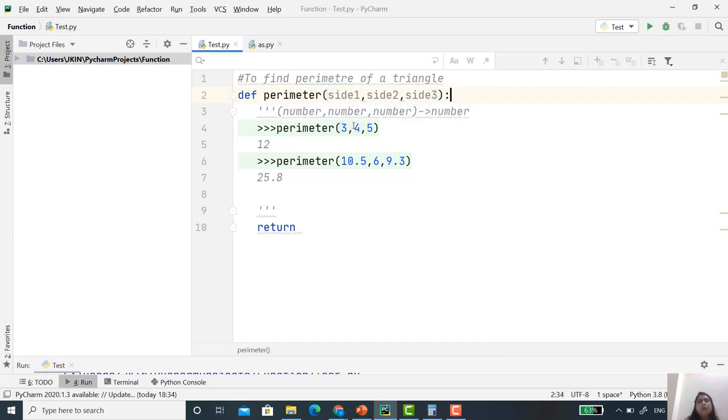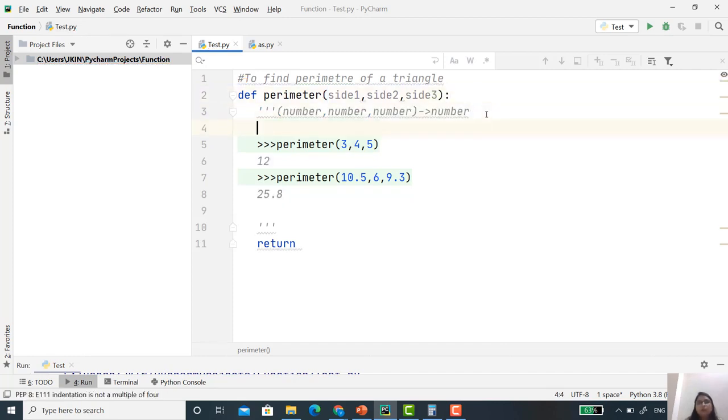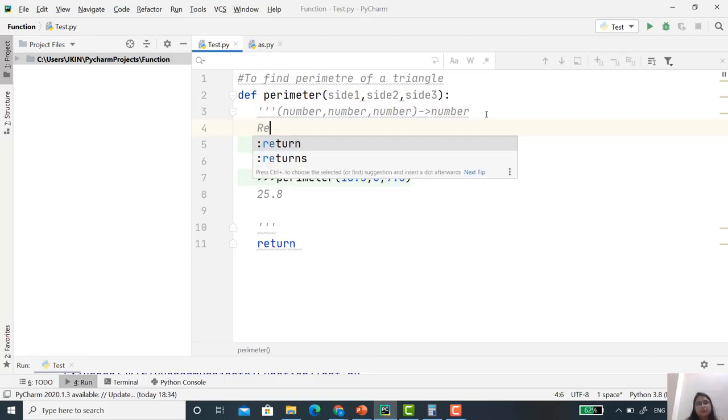Now, you have to write some description of your function, what exactly your function does. So just do one thing: whenever you write the function description, try to cover the function name as well as the function arguments. So what will your function return?